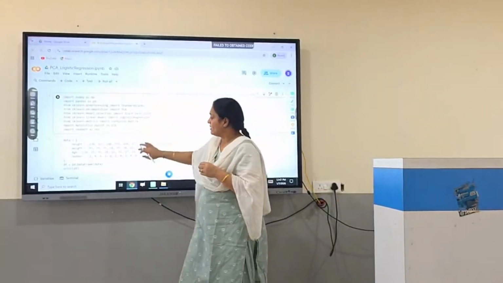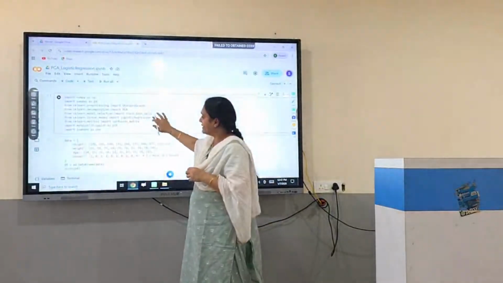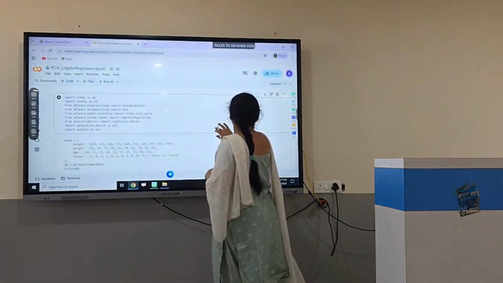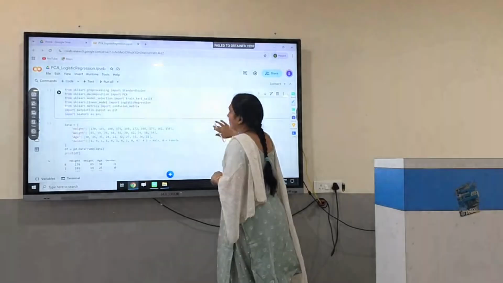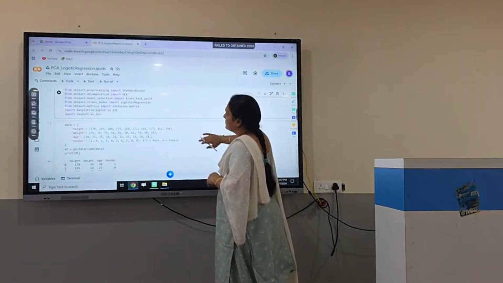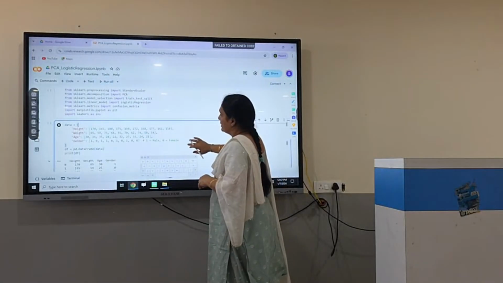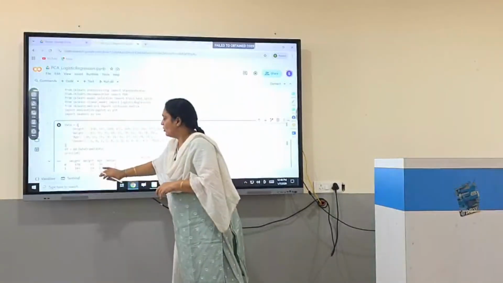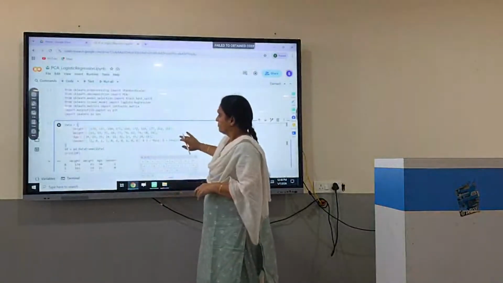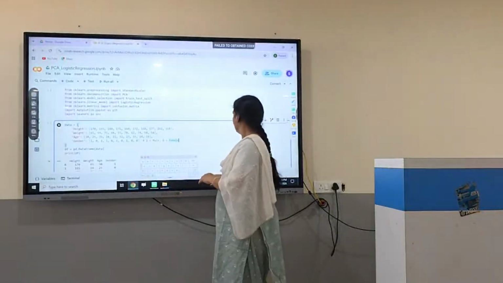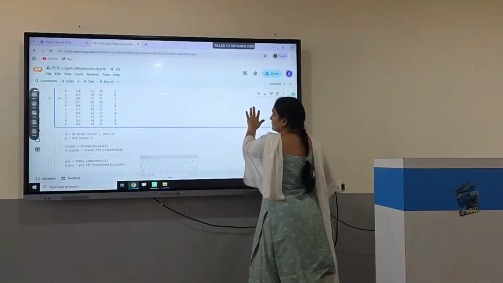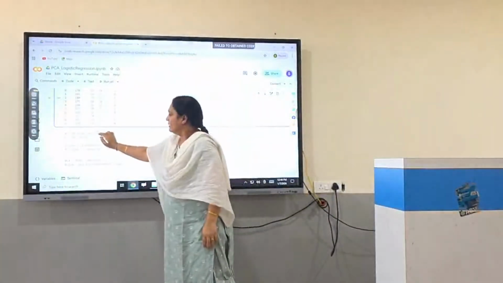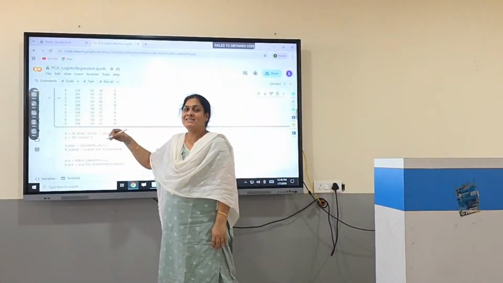Once you do the scaler, say for example, you have your data like this. There are 4 attributes. So you have your data and say you want to determine the gender based on some